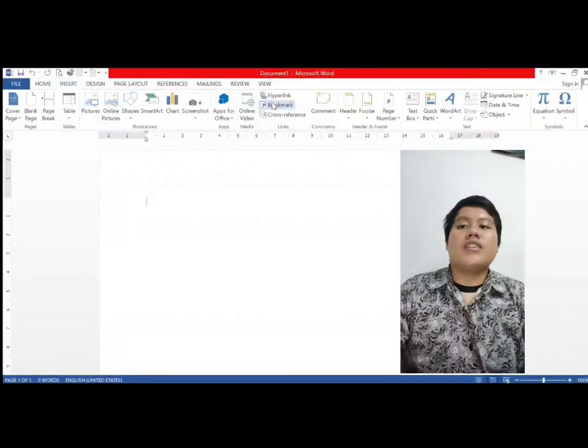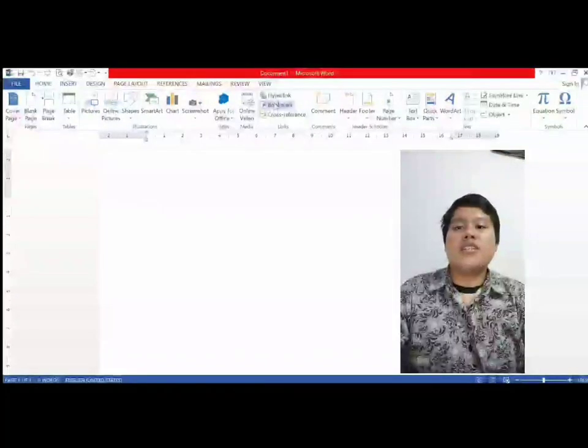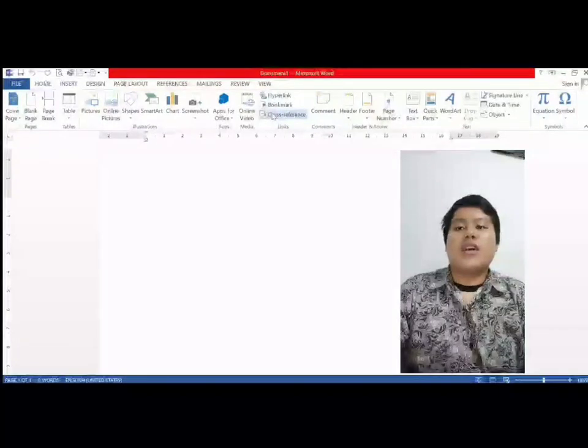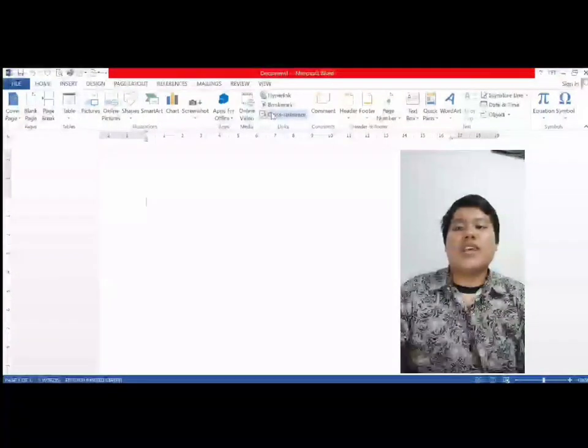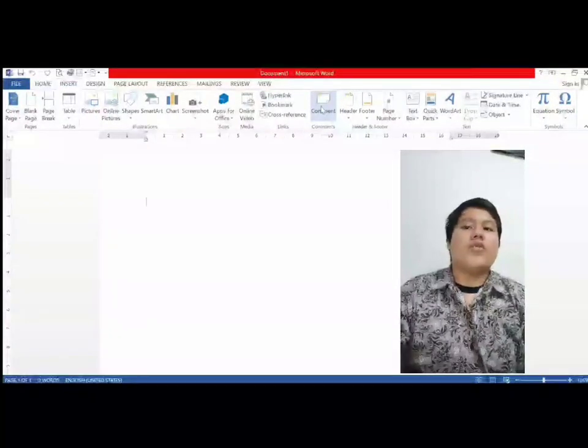Next icon, Bookmark, is the function that works with hyperlinks to let you jump to a specific place in your document. Next icon, Cross-reference, refers to a specific place in your document such as headings, figures, and tables. Comment icon is the function to add a note about this part of the document.